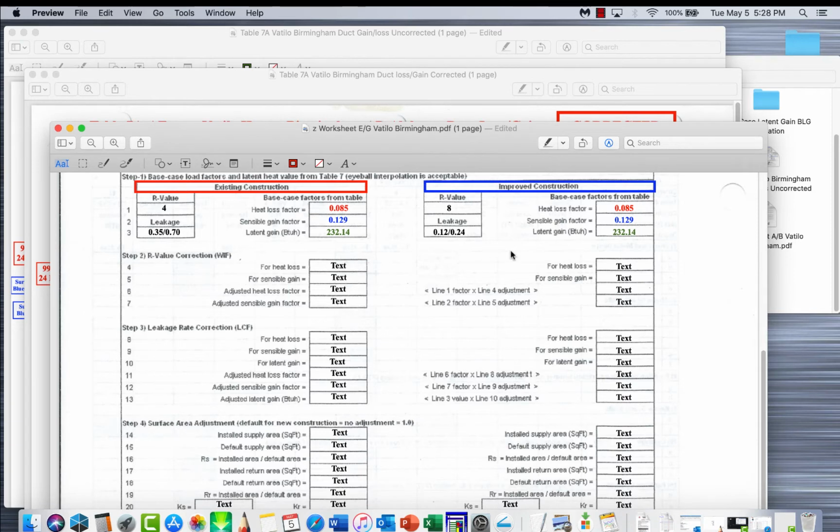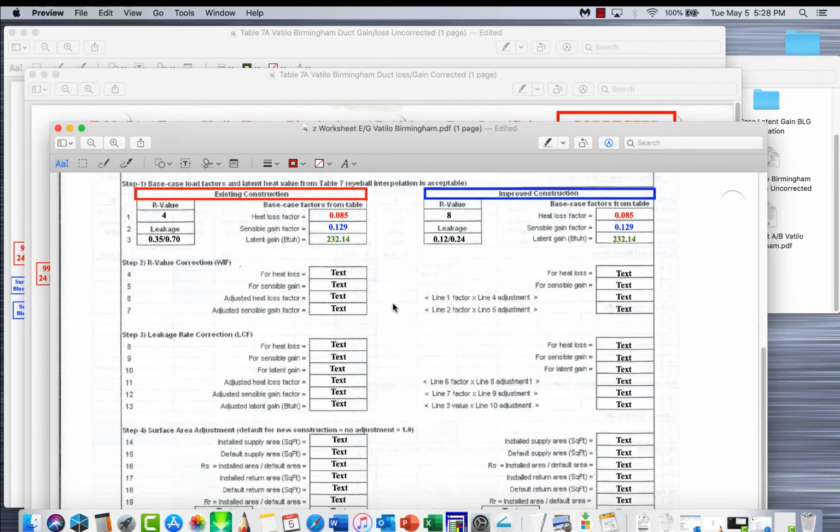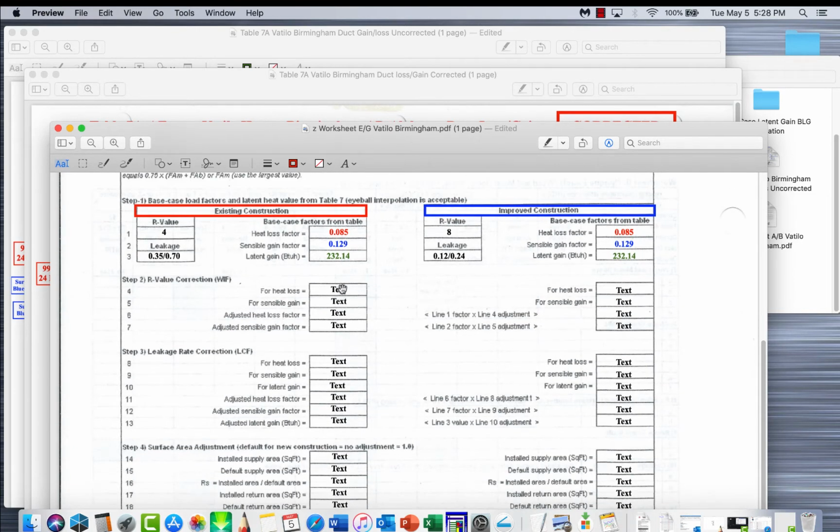We're going to do it, and we're also going to do the improved construction where we changed it from R4 up to R8 insulation, and this was unsealed, and this would be sealed of average tightness, and we're going to see the difference in between these two right here. For heat loss, like I said, this will be the first one. You're going to go to table